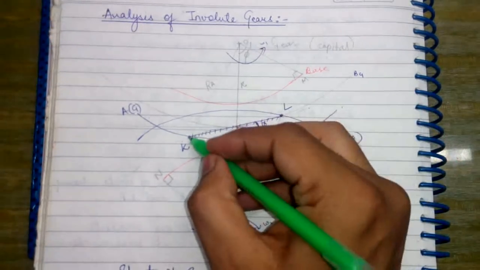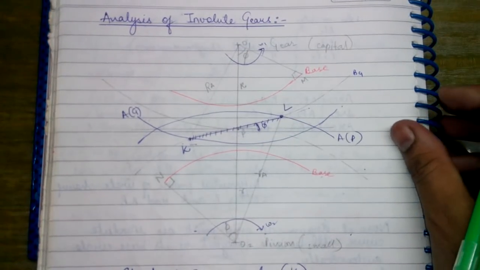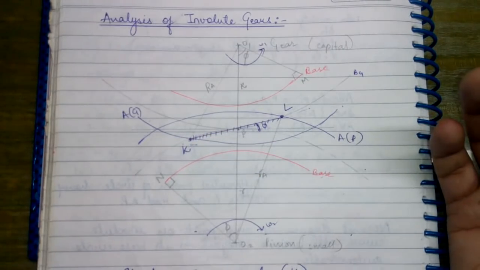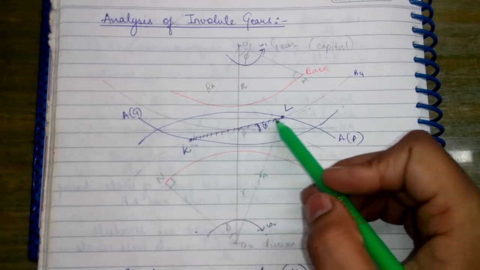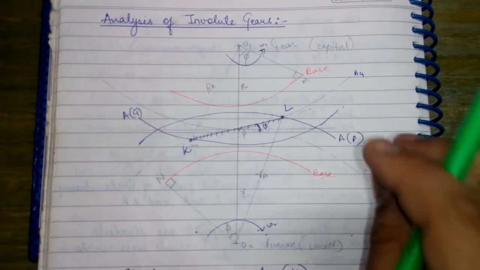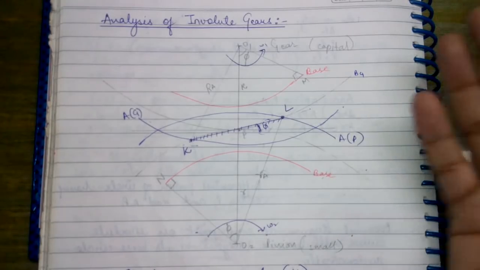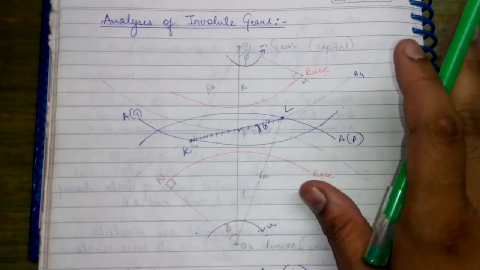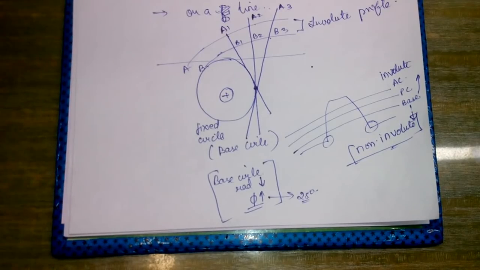तो यहां पर हम देख रहे हैं कि K से लेके L तक इनफाइनाइट नंबर ऑफ पॉइंट्स हैं जहां पर हमारा एंगेजमेंट पॉसिबल है. तो पॉइंट ऑफ कॉन्टैक्ट जो होगा वो तो आपका कंटिन्यूअसली चेंज करेगा, बट द लाइन ऑफ एक्शन इज नॉट चेंजिंग. यहां पर आपकी लाइन ऑफ एक्शन कभी भी चेंज नहीं होगी, और इसी के चलते जो आपका फाई दैट इज प्रेशर एंगल होगा वो हो जाएगा आपका कांस्टेंट। तो यहां पर ये सबसे बड़ा एडवांटेज है इन्वोल्यूट गियर्स में कि प्रेशर एंगल हमेशा कांस्टेंट रहेगा, बिकॉज द पॉइंट ऑफ कॉन्टैक्ट इज चेंजिंग बट द लाइन ऑफ एक्शन इज नॉट चेंजिंग।